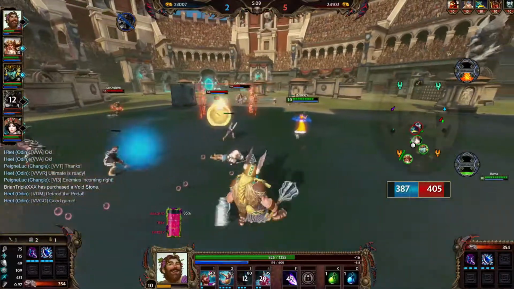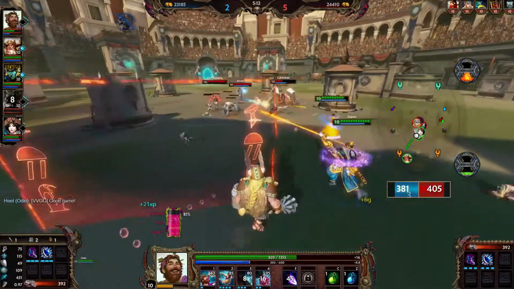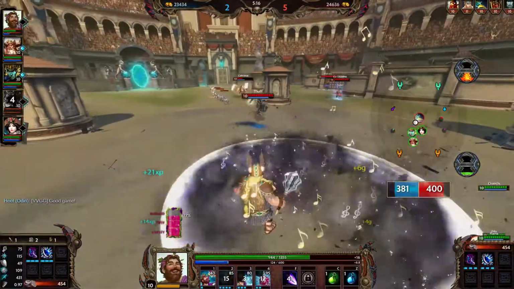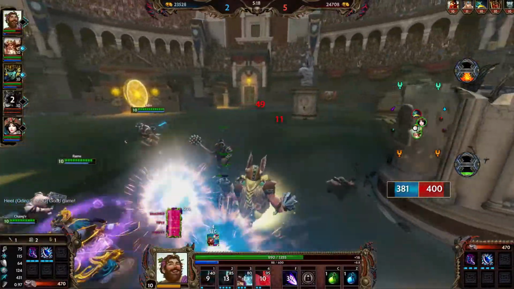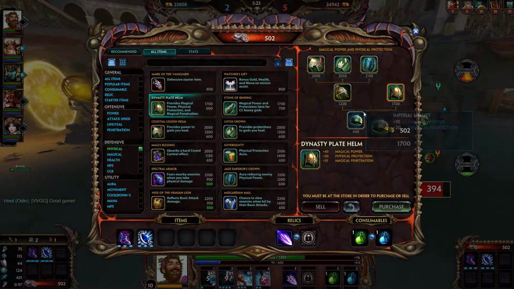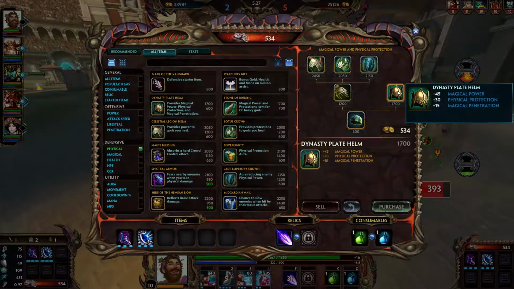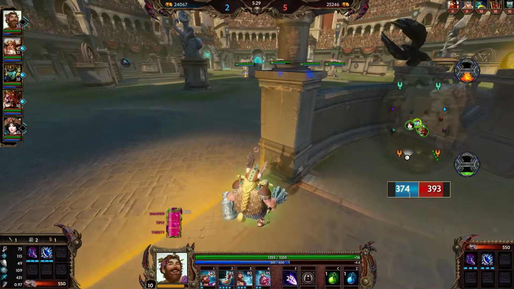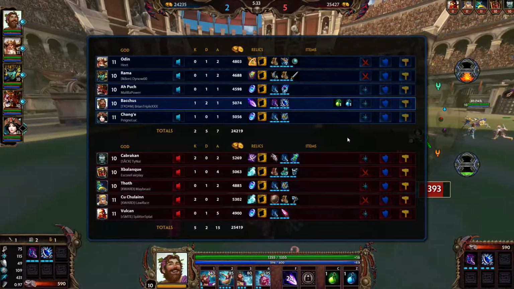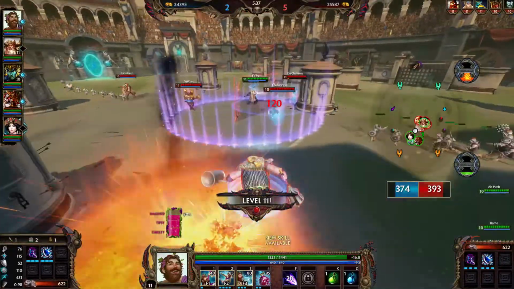Nope. Out of range. Okay, my next item is something that arguably isn't really mage, but it is definitely something that you can use on mages. Don't get me wrong, you don't get any power out of it. I'm going for Breastplate. Another option is Dynasty Plate Helmet, but I feel like in this particular game it's probably better for me to go for Breastplate. Not 100% sure though. But Dynasty Plate Helmet's pretty good because you can get, again, penetration from it, power, and